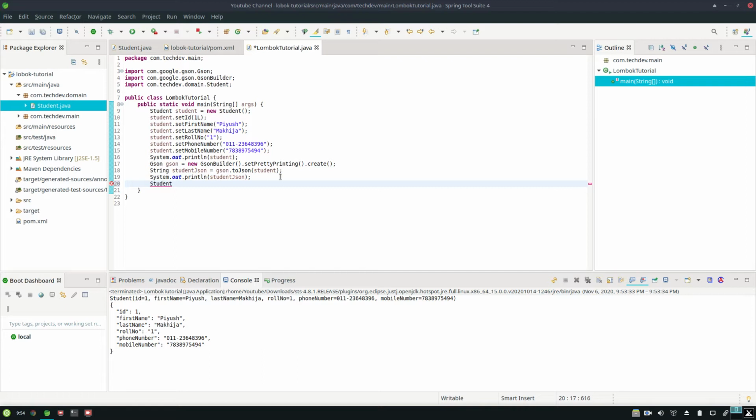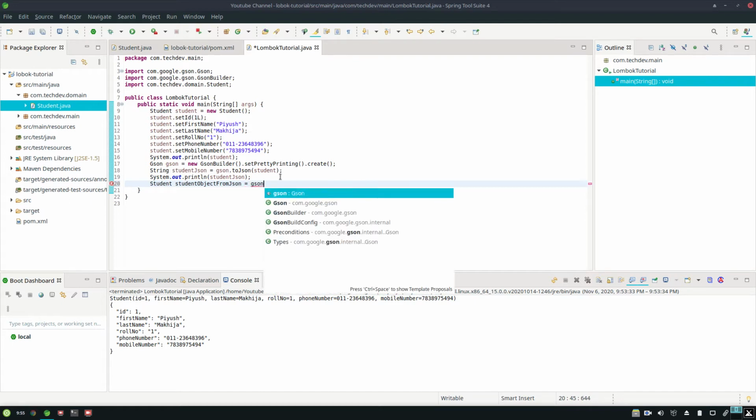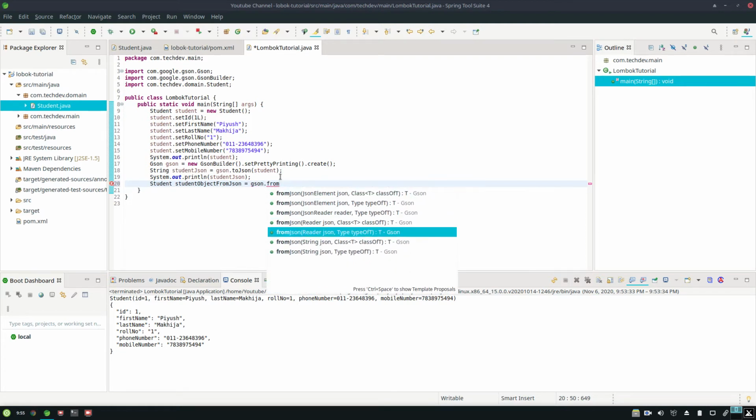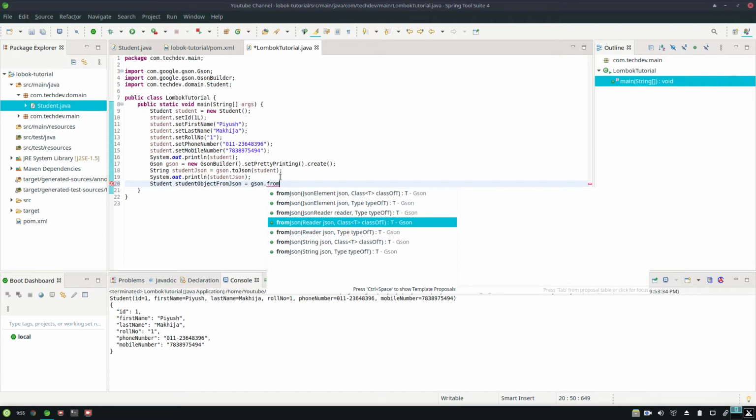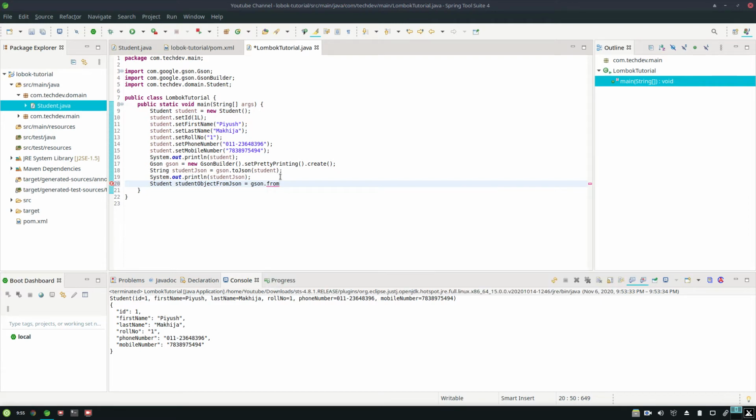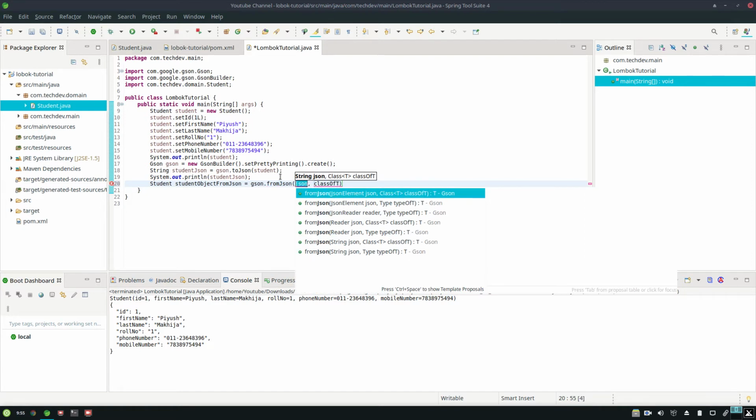So create an object for that, and suppose I am creating an object of student, student object from JSON. So you need the JSON object which we have already created. So JSON dot method from JSON for this, the string, because we have the JSON string available. So the JSON we have already, that is a student JSON,